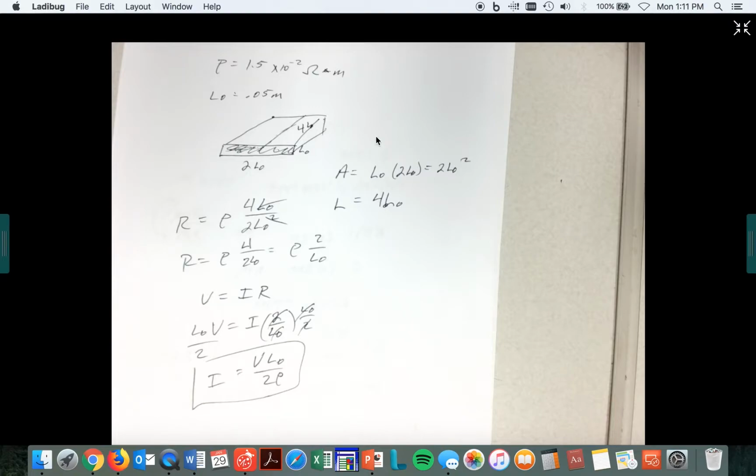We'll stop there. And now we're going to look at the change in